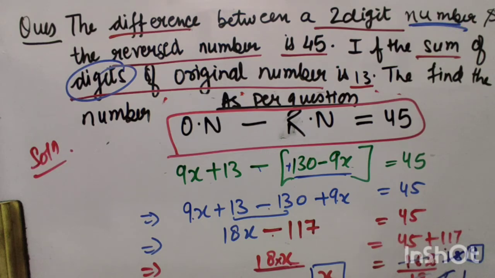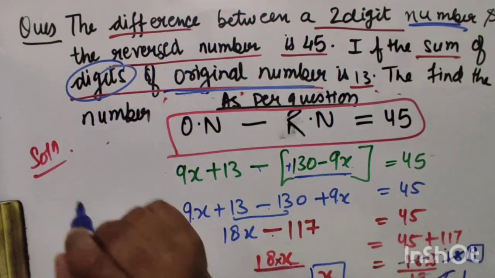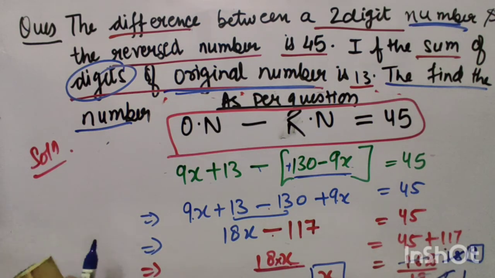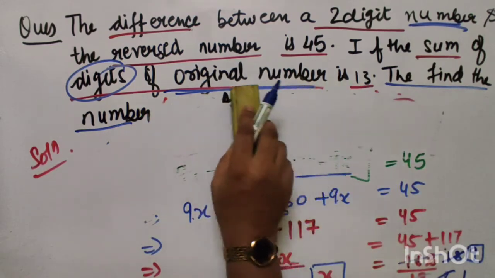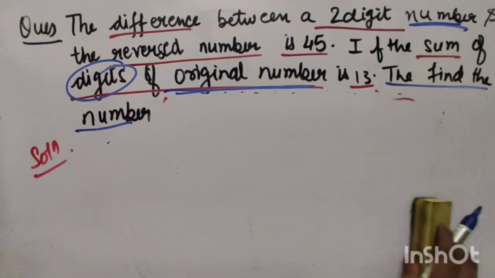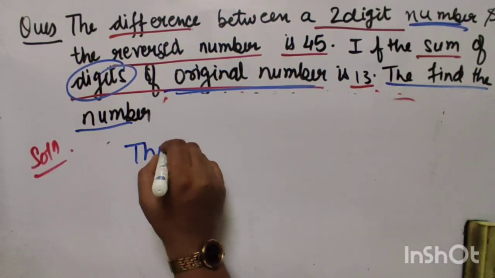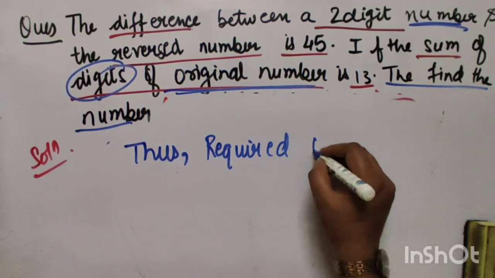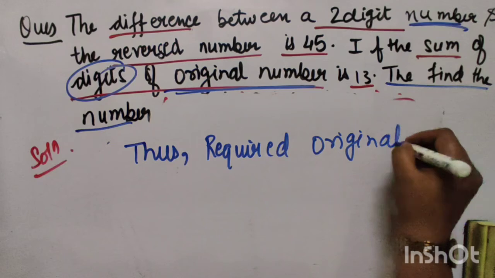So this is the first big part of the question, when we found the value of the required variable, right? Now we are going to form the number, which is the ultimate question, that we have to find. We have to find the number. So now let's find the number by substituting the value of x, right? Thus the required original number